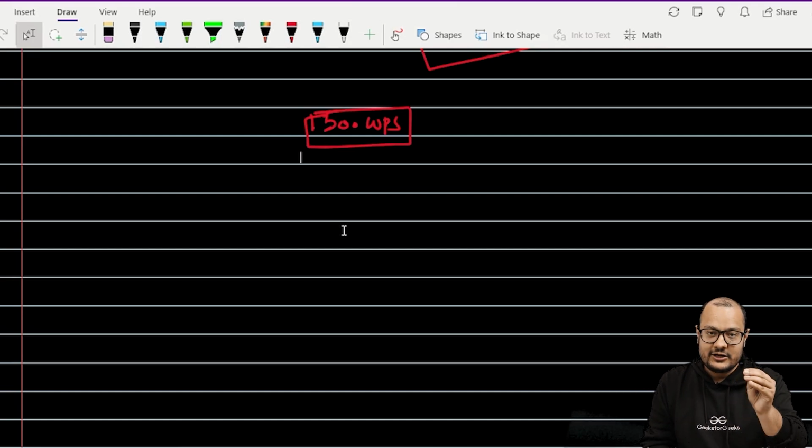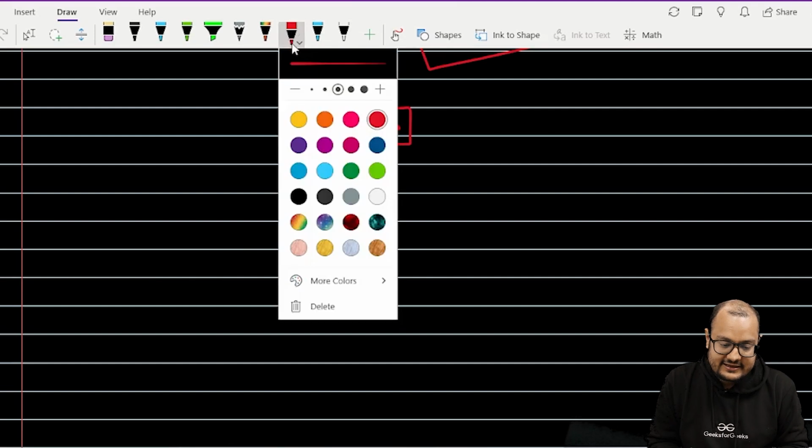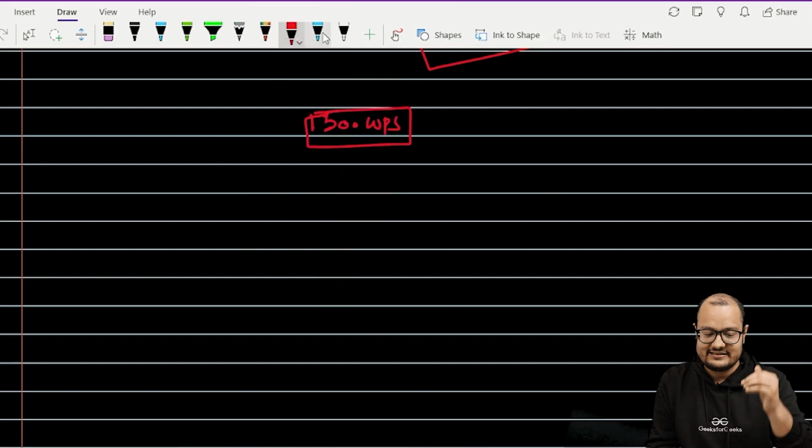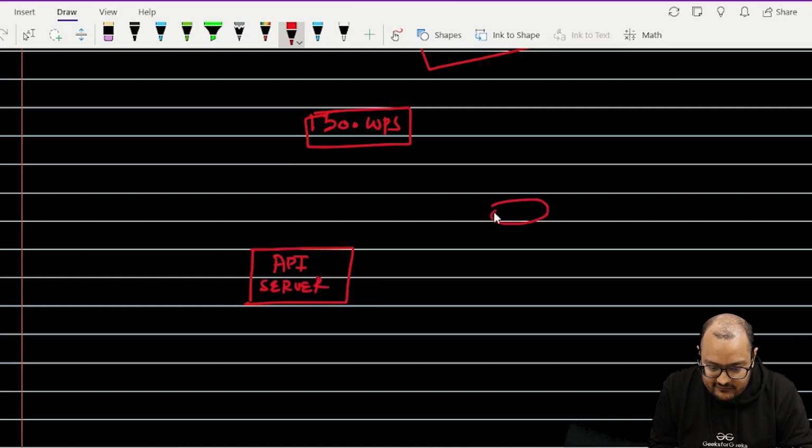Now let me draw, and when you see the image, you will get what I'm trying to convey to you. Let's try to horizontally scale the DB. Let's say we have this API server, and we have 1 DB.